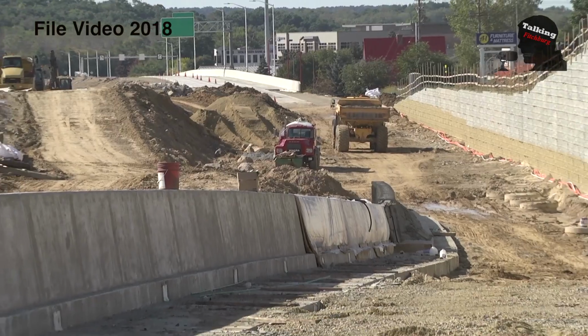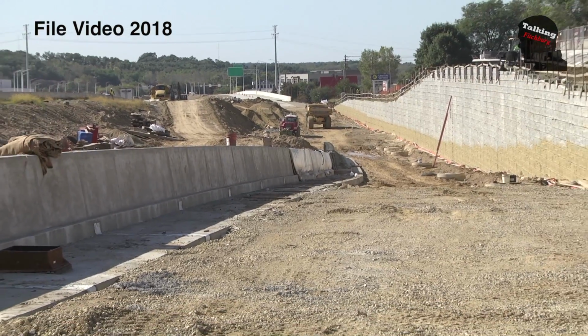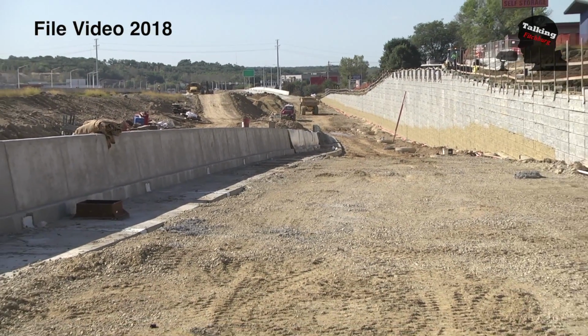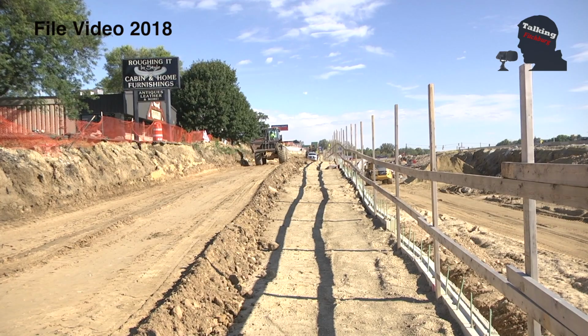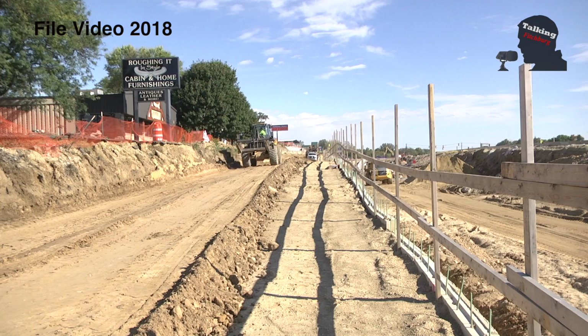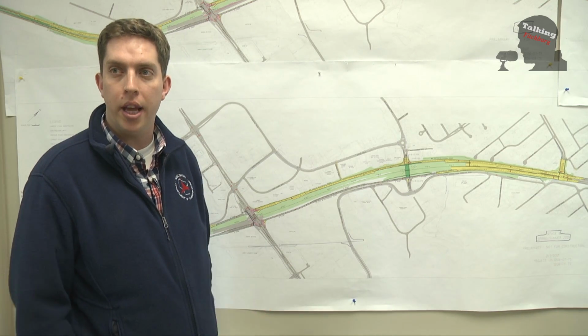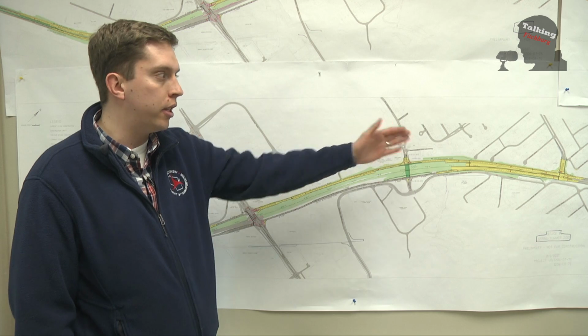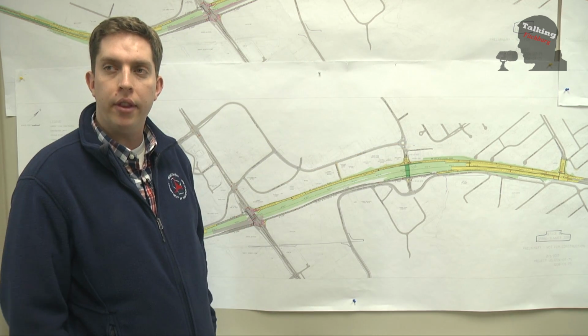A lot of dirt moving. Right now, Williamsburg Way and Verona Road are at the same level. That's not going to be the case come November. Verona Road is going to go down 25 feet, and all the material from here will be placed down at PD to build that up to have Verona Road go 25 feet over PD. So quite the change in elevation in this area, and certainly having the completion and expansion of Verona Road by the end of 2019. 3 lanes each way, essentially from the Beltline south of PD, and having that opened up